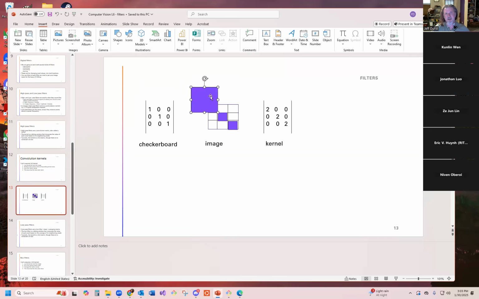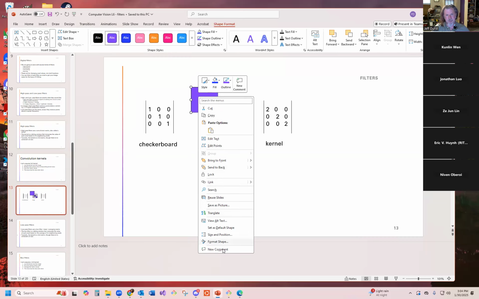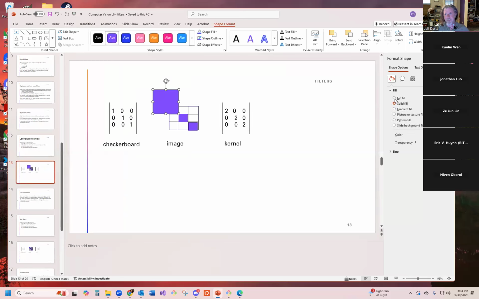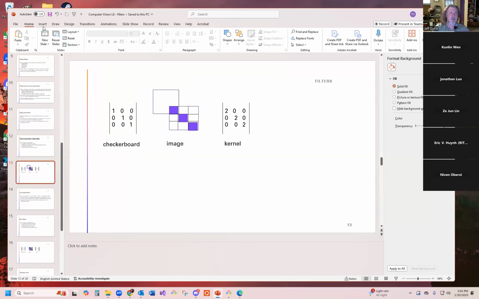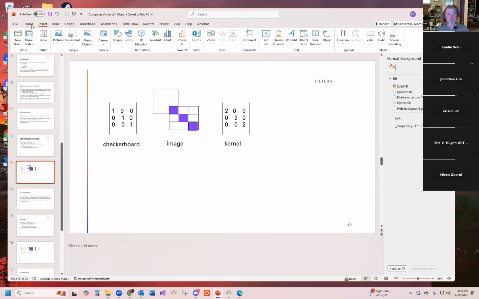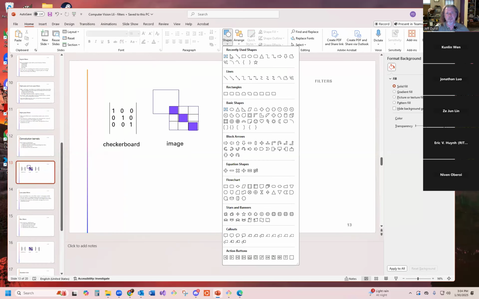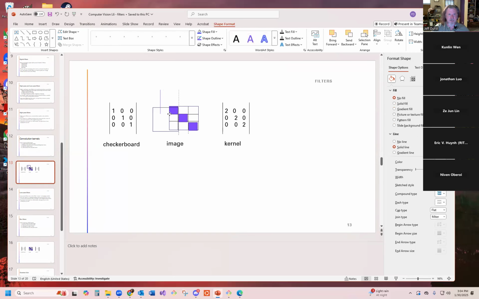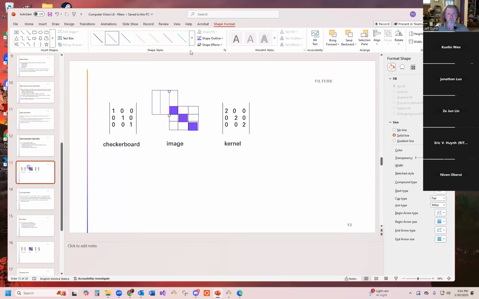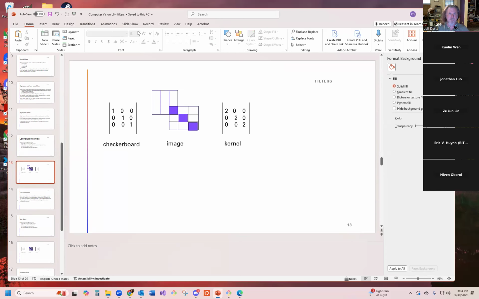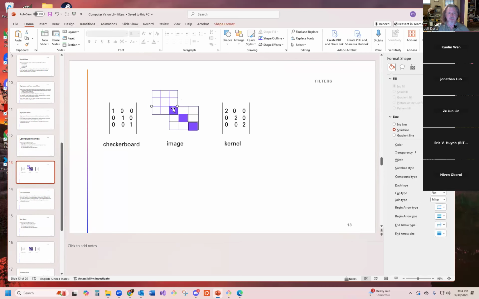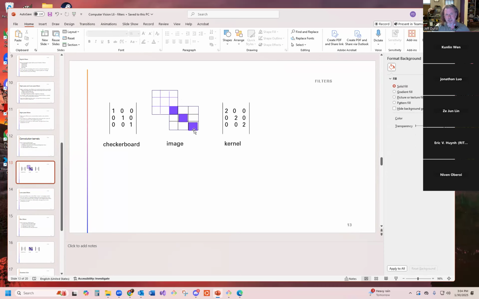So if I think of this as my convolutional kernel and I've laid it on my image, then what I have is,